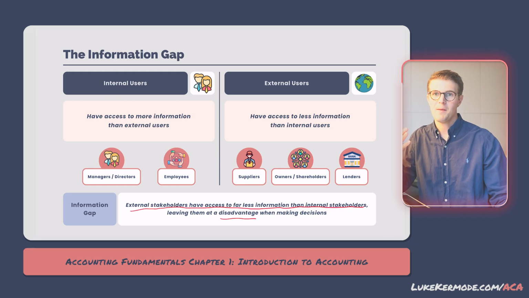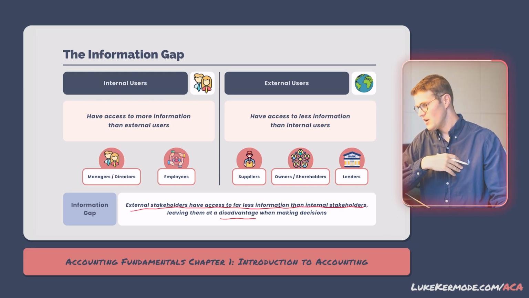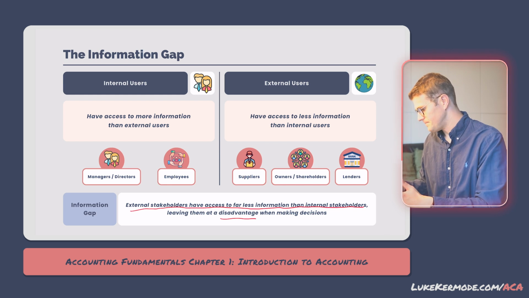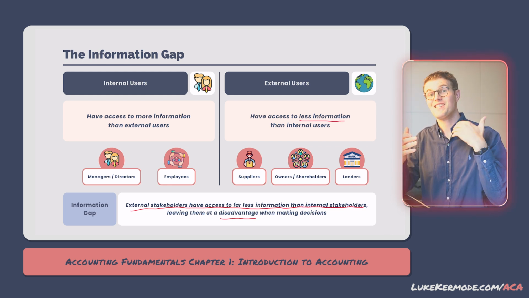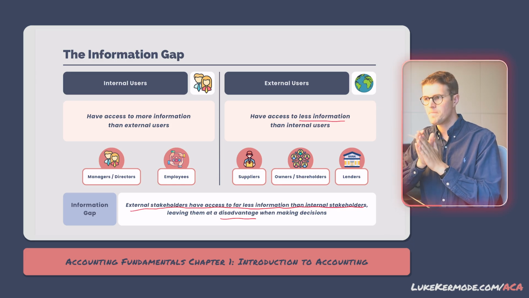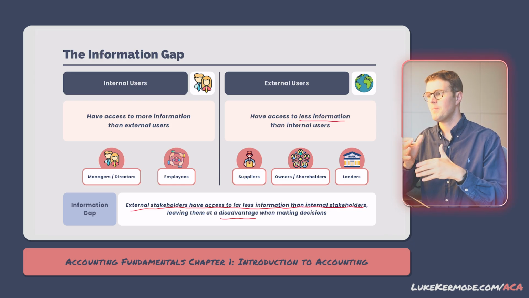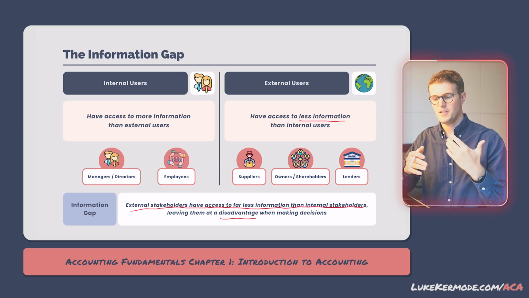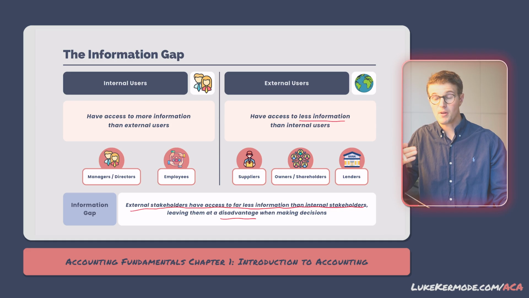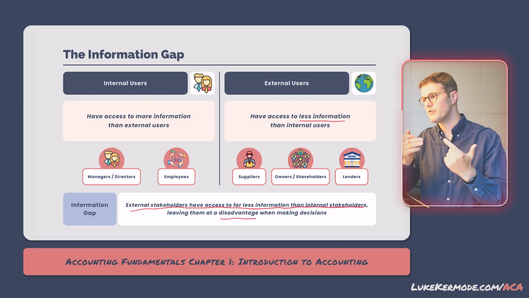They don't have a complete picture when they're making decisions about whether to invest, lend or extend credit to the business. The information gap highlights why trust, transparency and accurate reporting are so important. Good financial reporting helps to reduce the size of the information gap and gives external users the confidence they need to make informed decisions. So without reliable information, the information gap could lead to poor decisions and huge financial losses